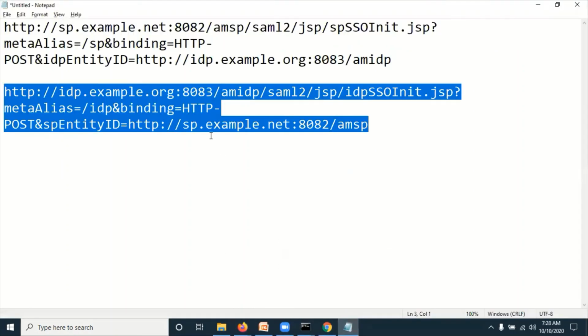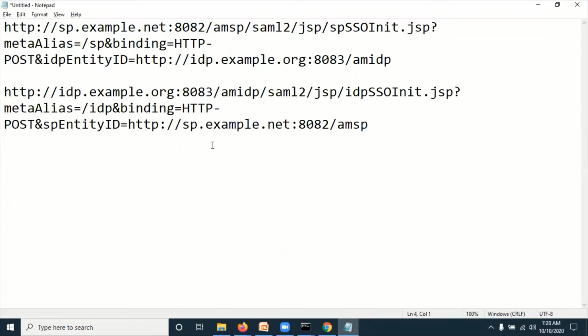That is different: we need to download Apache Directory Studio and configure it, and then we can see how the profile was linked with the IDP entity and SP entity. I will share the required details in the description. Please go through that and use it.